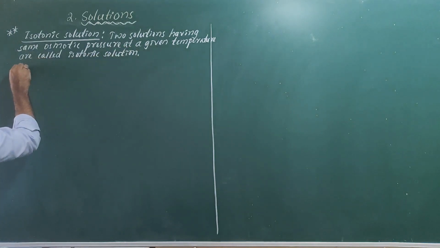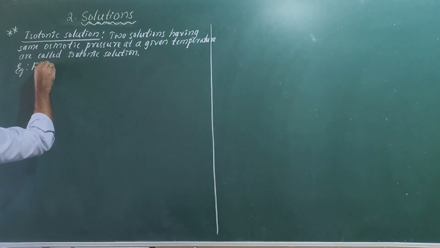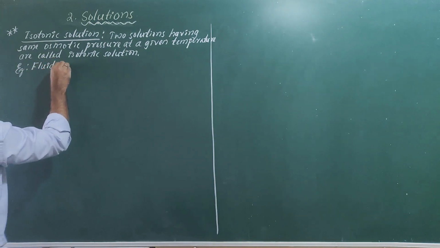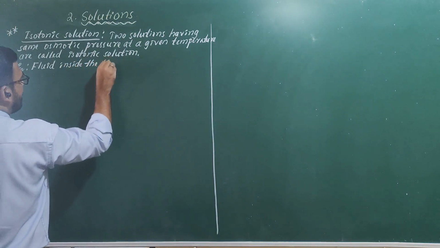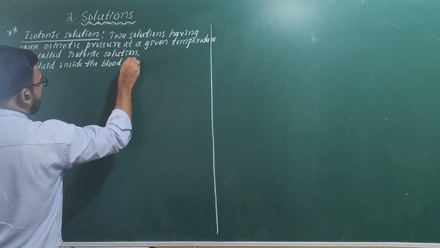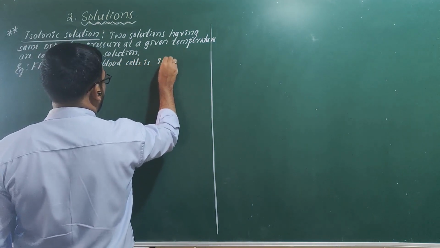Example, it is important for the exam: fluid inside the blood cells is isotonic with